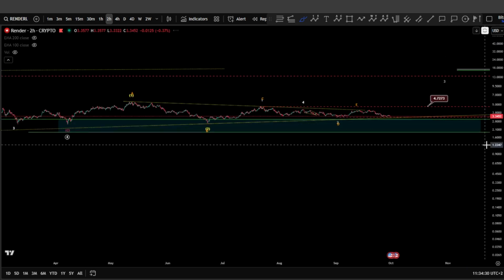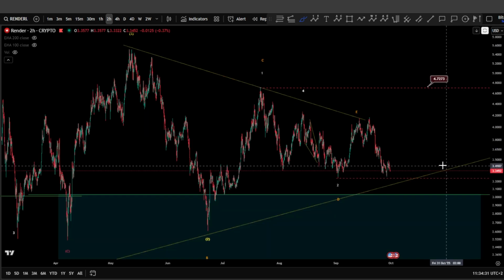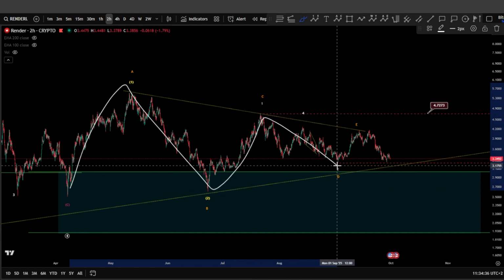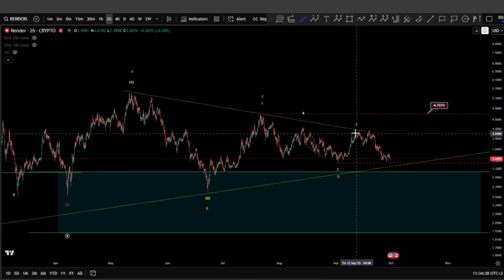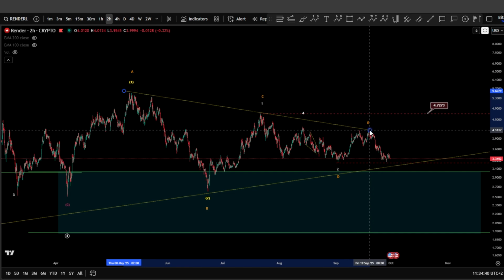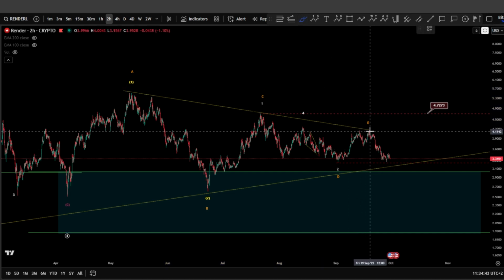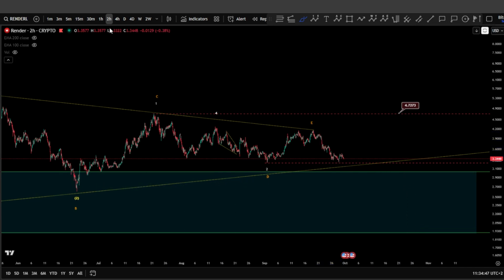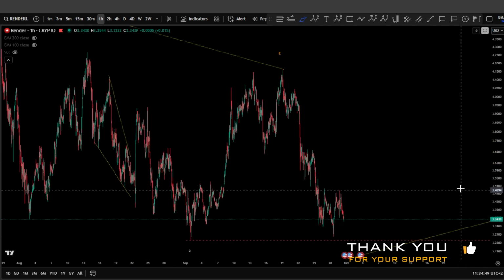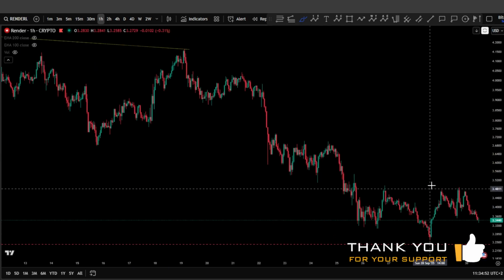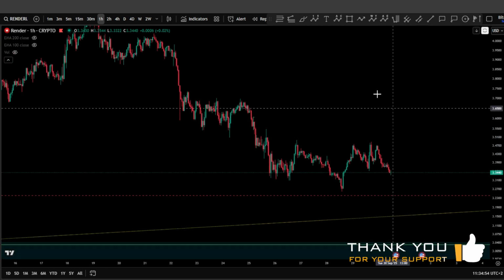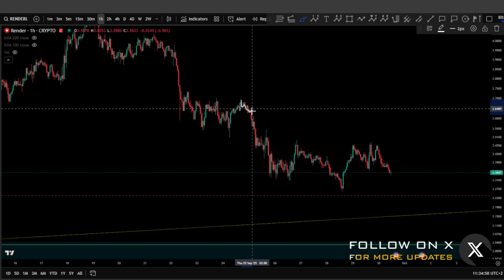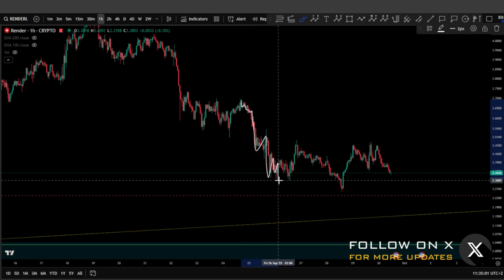If we dive towards the 2 hours chart, we can see clearly that after this A, B, C, D, and E, we see a formation here of a triangle, a very clear triangle, and we see the impulse 1, 2, 3, 4, and a 5 toward the downside. Yesterday, we saw on the lower time frame a very decisive analysis for this area. Once we bottomed here after several 1-2s here, 3, 4, 5, 4, 5,